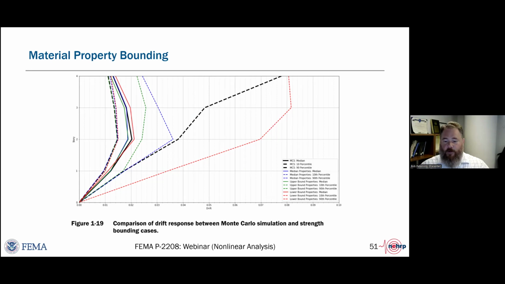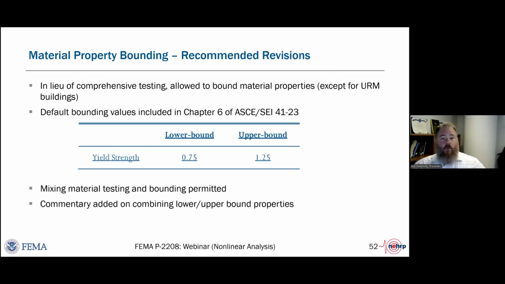So we're allowing, with the exception of unreinforced masonry, because of how sensitive that is to material property, we recommended that people be able to do nonlinear response history using upper and lower bound representations of the material strengths in developing your modeling parameters and acceptance criteria.